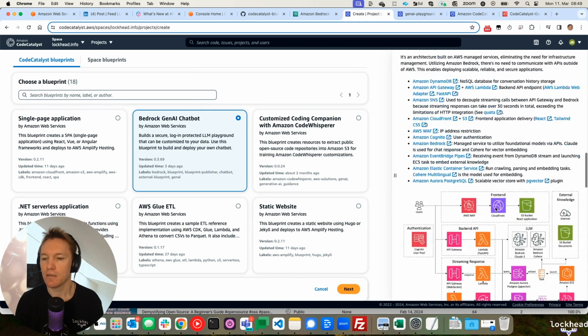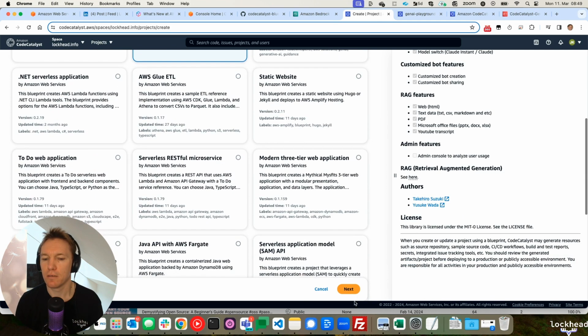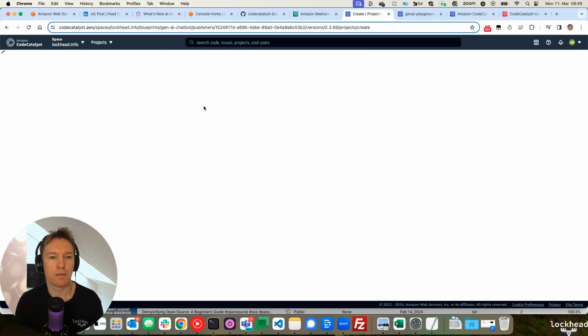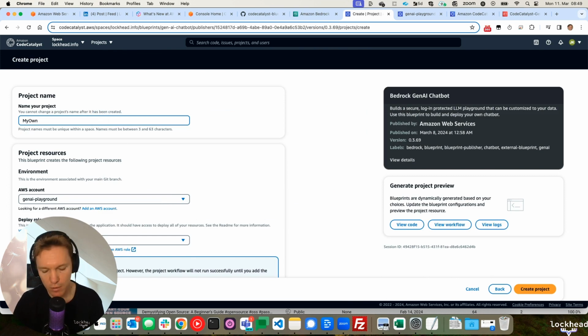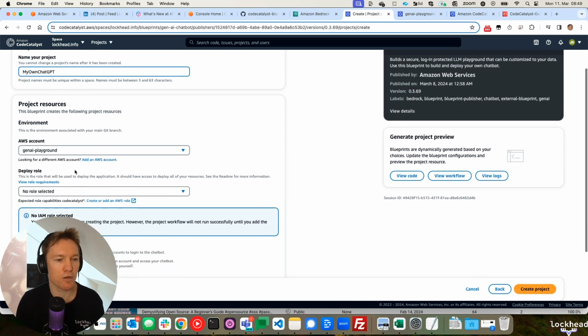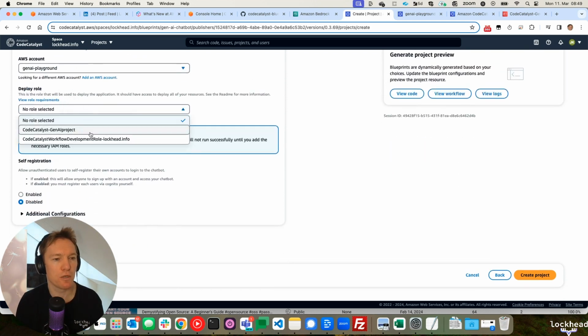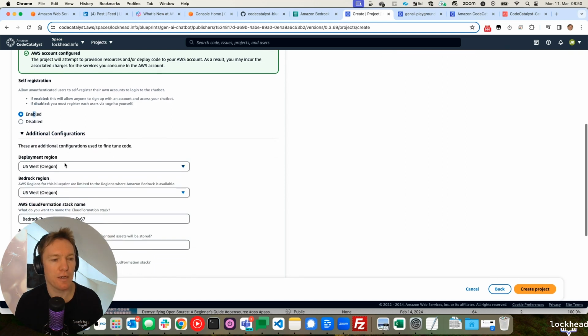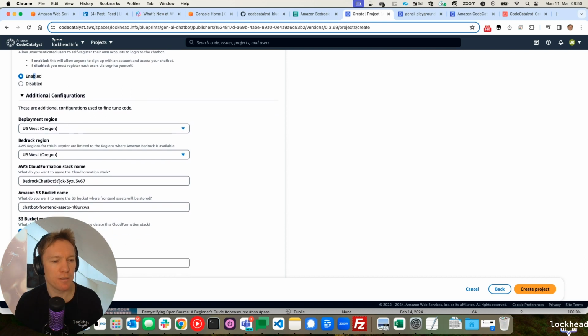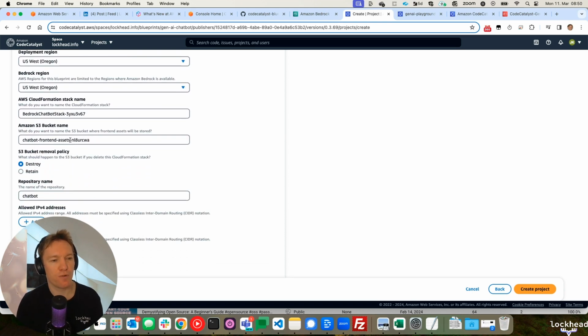So over here. Okay, my own chat GPT. And we're going to use GenAI Playground. We're going to use the role that we just set up. Okay, I don't want people to be able to register because I want them to, well, I can enable that. I want to do what is the Oregon, and then we want to have type of content. Okay, destroy